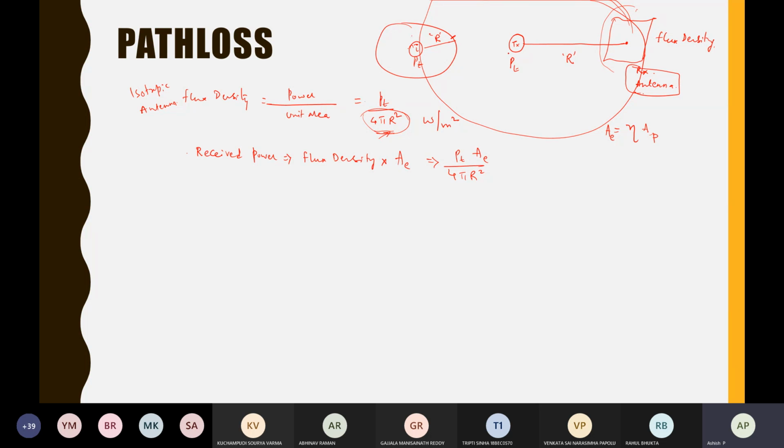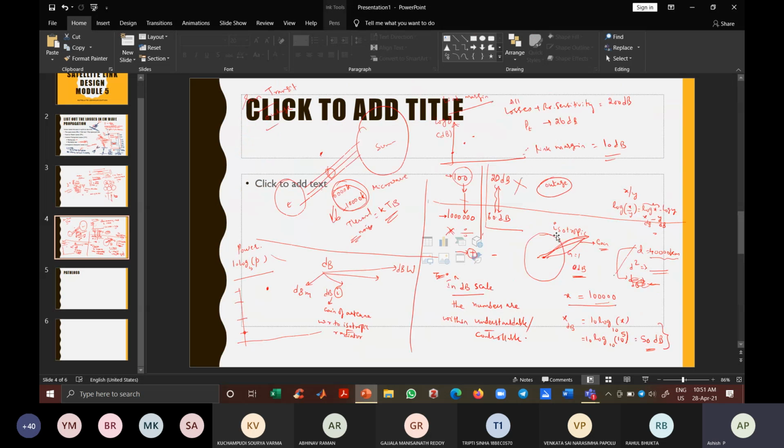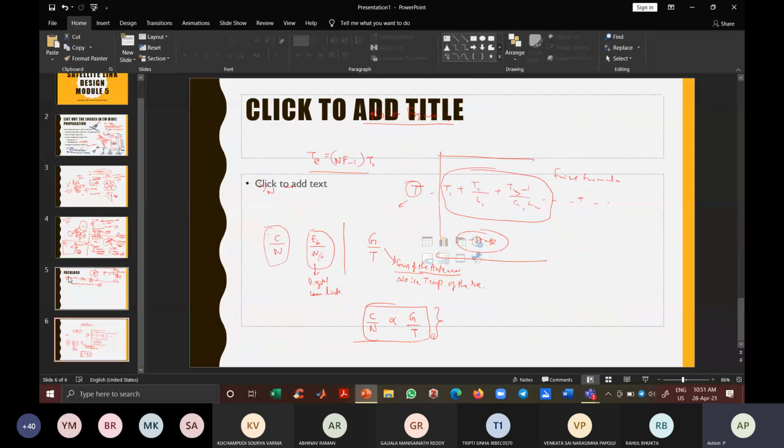As you go far away from the radiator, the received power or the received intensity will reduce as per r square. Even if it is light or gravitation or electric charges, it follows the inverse square law principle, because after all electromagnetic energy is similar to light energy. So we can finish this part of the derivation.